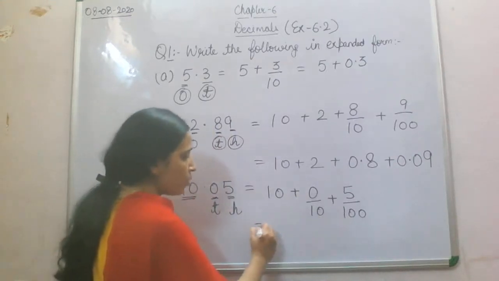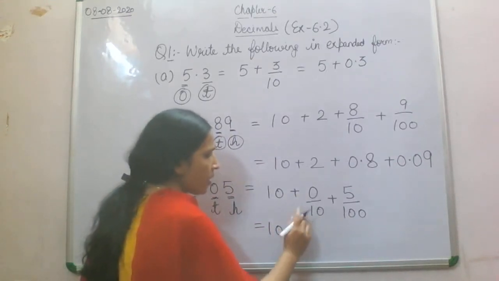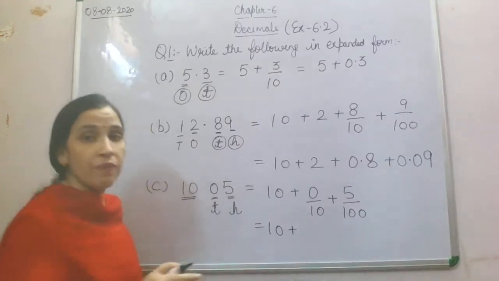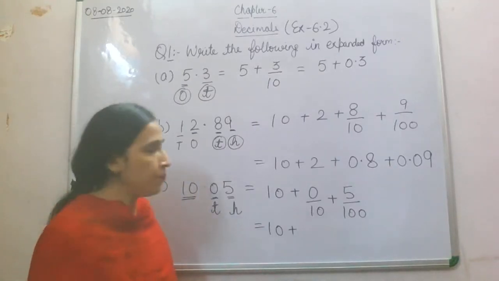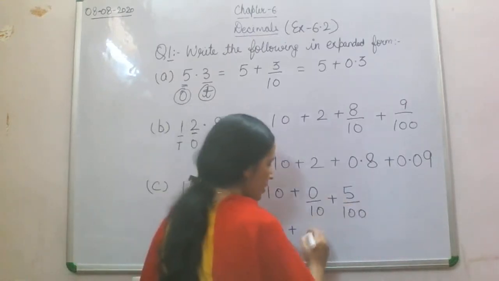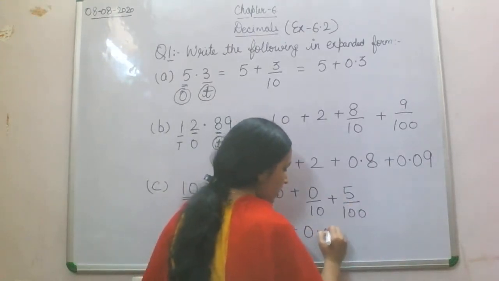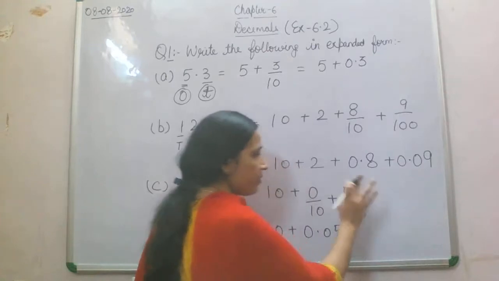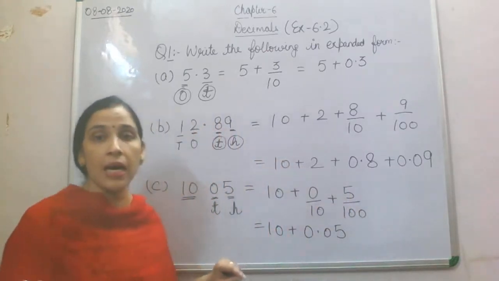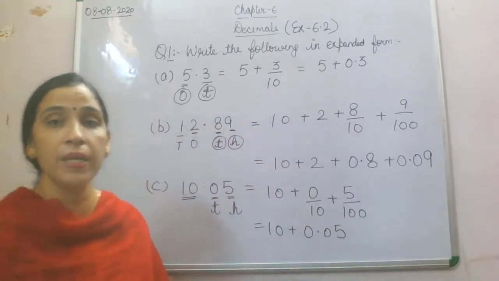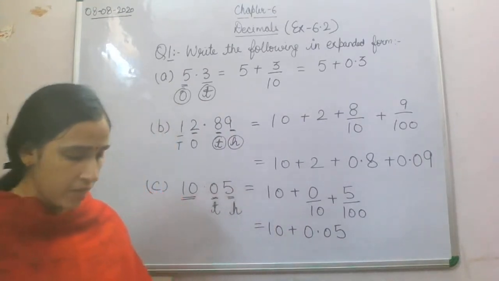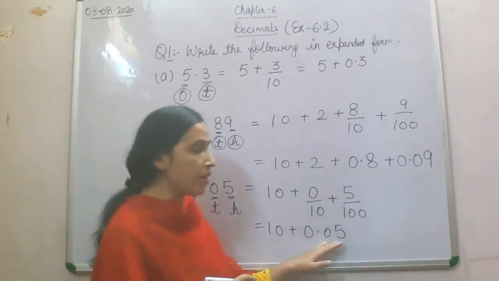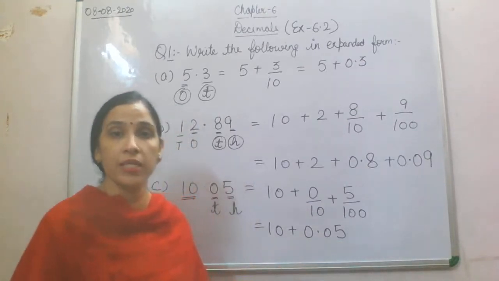This we are not going to write because 0 divided by any number, you will be getting 0 only. So we'll write here 2 decimal places, 0.05. 1 we are already having, 5 we have, and the other decimal place will be 0. 0.05. I hope this will be clear to everyone, what we were doing in this question.